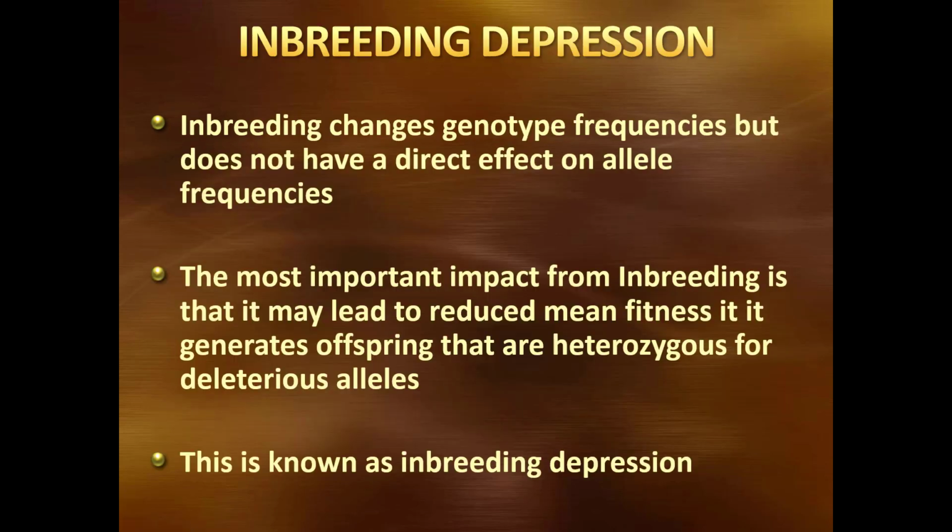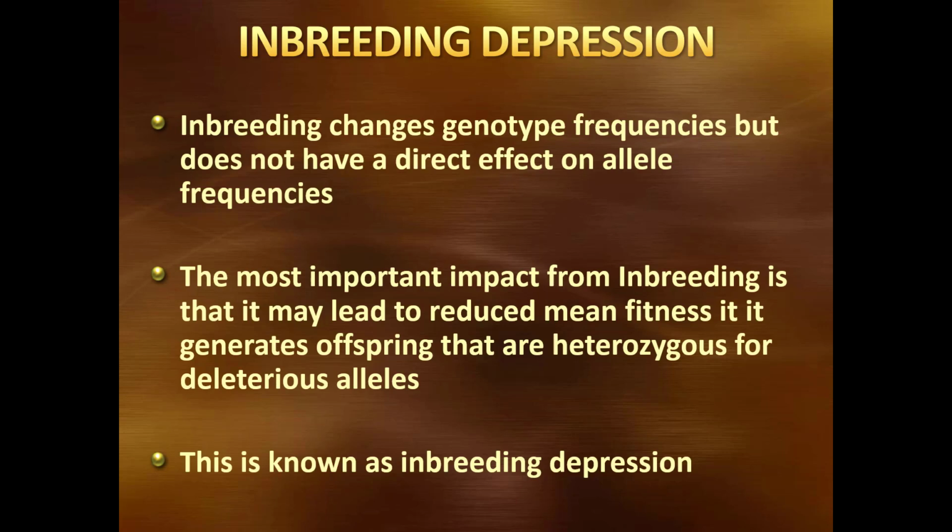Now, when individuals mate with others who share a lot of the same genes, we call it inbreeding. And it may not necessarily affect allele frequencies, but it does affect genotype frequencies, where we actually get fewer heterozygotes and more homozygotes. So think about many genetic diseases. A lot of them are recessive. So as long as you don't end up with 2 copies, you're okay. You don't have the disease. But if you get 2 copies, you do have the disease.